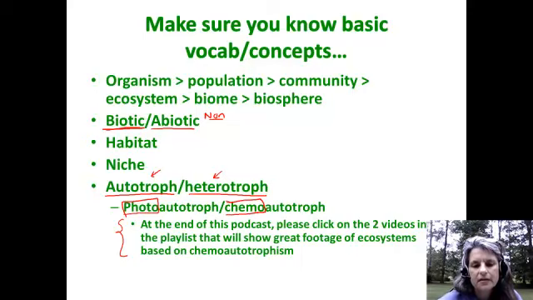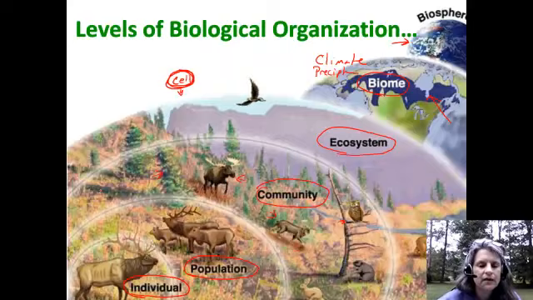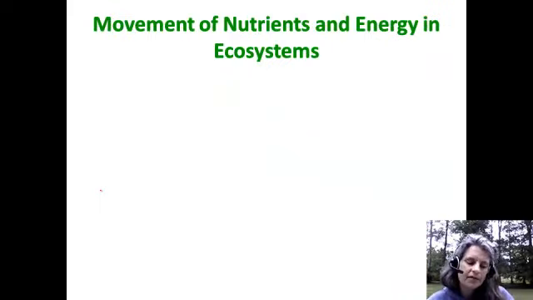Chemoautotrophs are organisms that make their own food using inorganic chemicals, like elements that are coming up out of the earth, like at the deep sea vents. So we'll talk more about these, but you really can't emphasize this enough. You need to be comfortable with what the terms autotroph and heterotroph mean. Okay? All right, now,